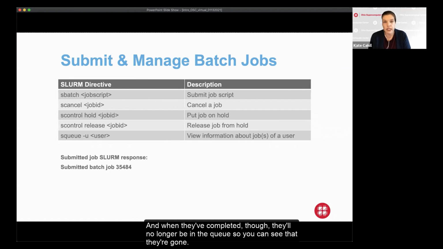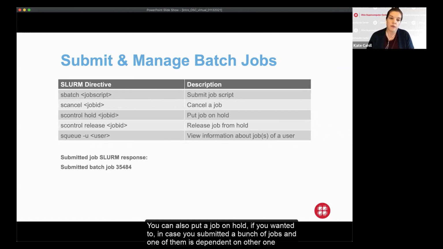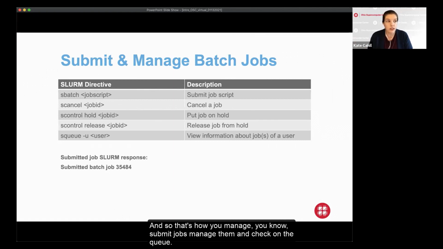And when they've completed, they'll no longer be in the queue. So you can see that they're gone. You can also put a job on hold if you wanted to, in case you submitted a bunch of jobs and one of them is dependent on another one finishing. You can put that on hold and then release it using the scontrol hold and release commands. And so that's how you submit jobs, manage them, and check on the queue.